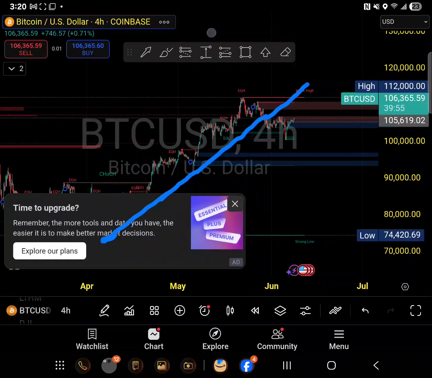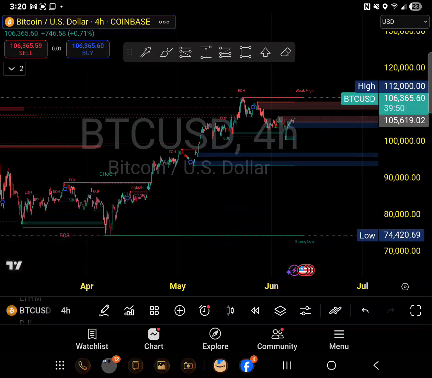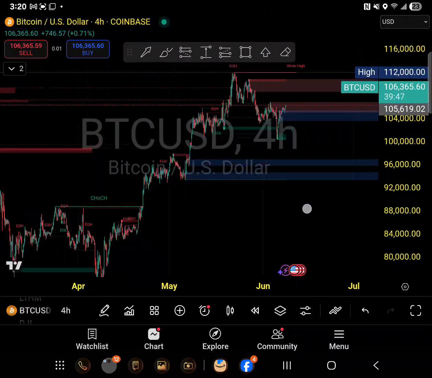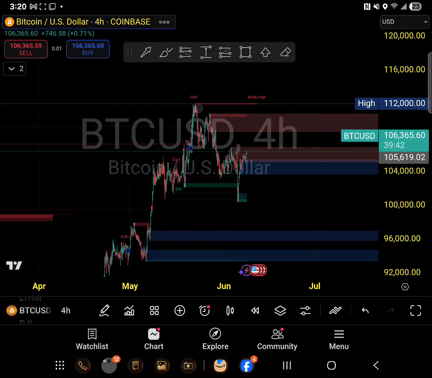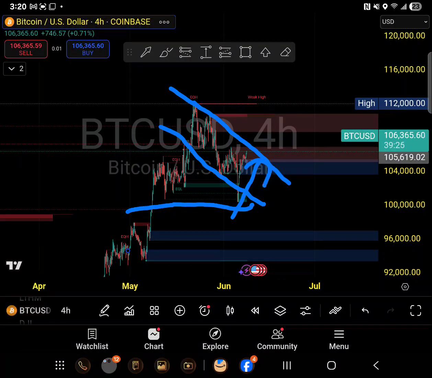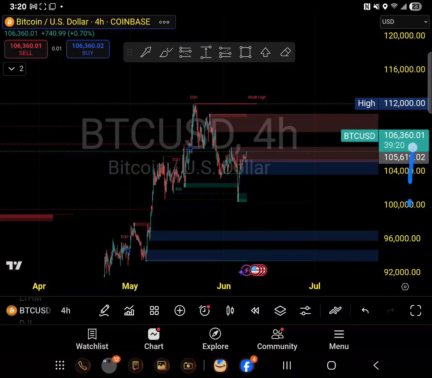If I look at the pattern, the major levels in the pattern have not broken yet for the uptrend, but for the past 4 hours I can see Bitcoin is trying to, if I draw like this, it came in a little downtrend, right? But it does some liquidity grab, and then it is trying to go up again. So what will be my approach at this point? How will you look? You are a scalper, so you are not a swing trader.